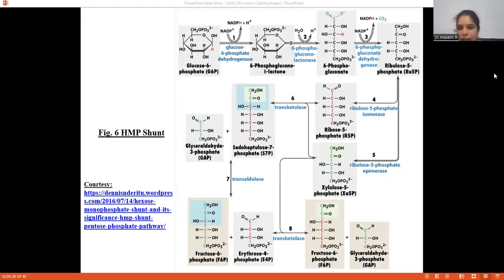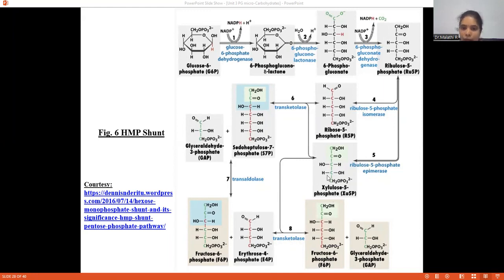6-phosphogluconate undergoes a further dehydrogenation reaction, where we produce NADPH, which is the second reducing equivalent produced in the HMP shunt pathway, where we get ribulose 5-phosphate. From ribulose 5-phosphate, if isomerase is acting upon it, ribulose 5-phosphate will be converted to ribose 5-phosphate, and